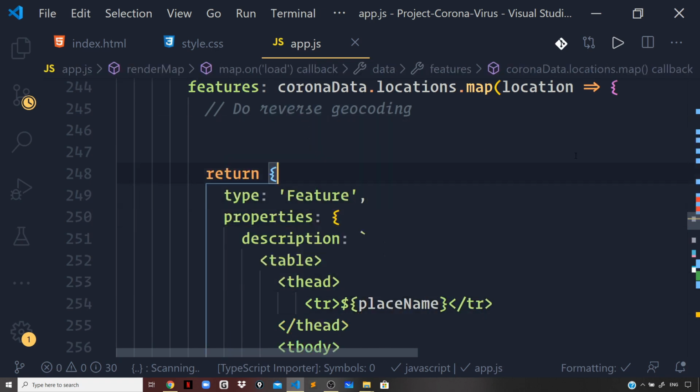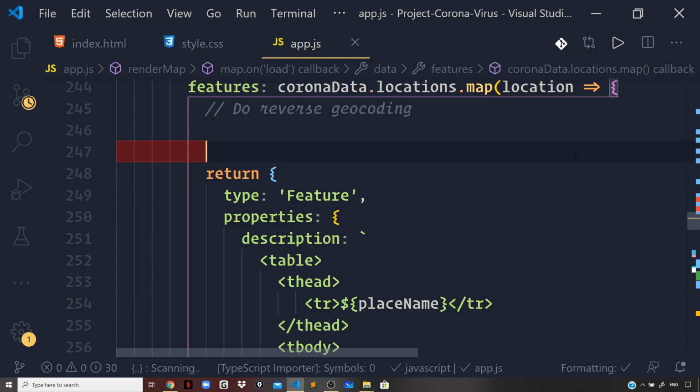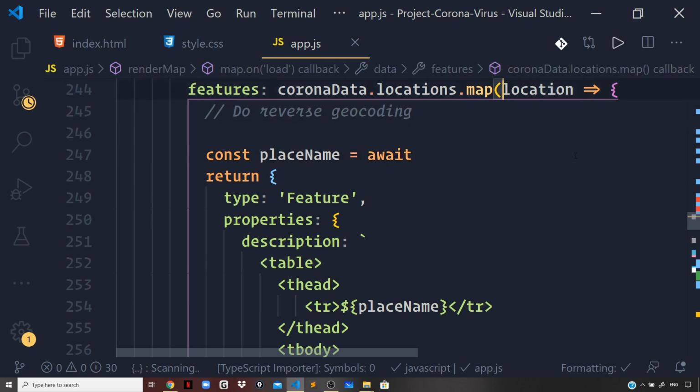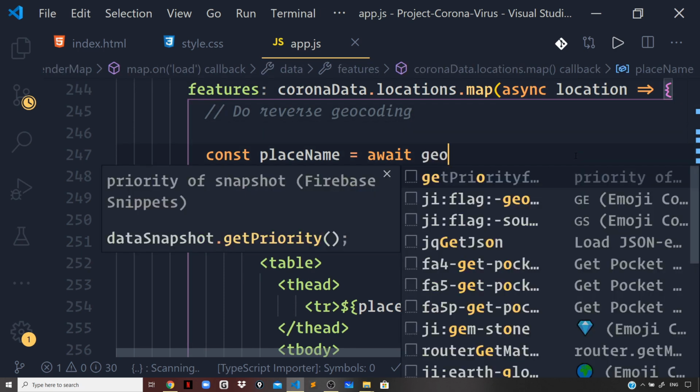So let us define a constant place name here, and I will say await. So I will now decorate the callback function that we're getting in the map method with an async keyword, and I will say const place name = await geocode